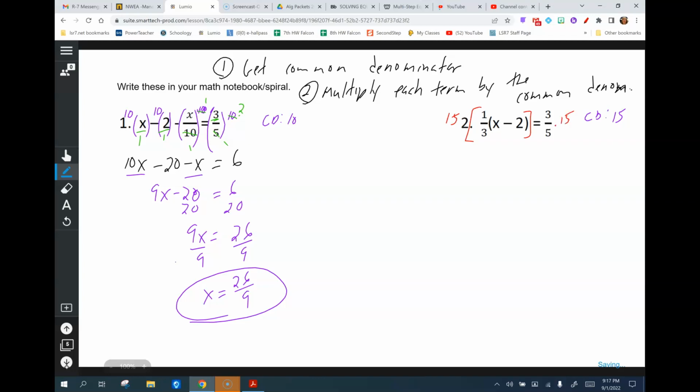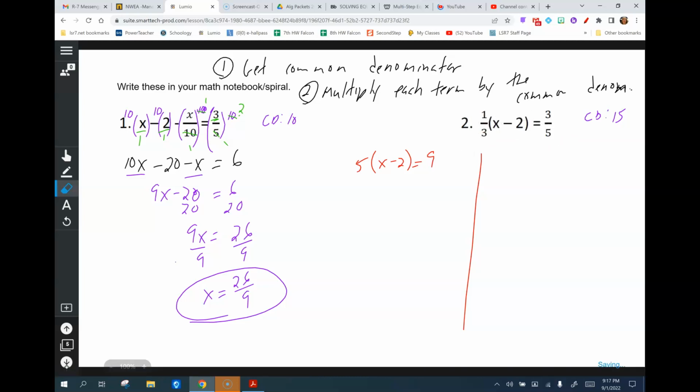So we have two options here. We could distribute first, or we can just multiply. So I'm going to show you both ways. If I just multiply by 15, my 3 cancels, and I have a 5, so I'm going to get 5 times x minus 2. And here my 5 cancels, I get a 3, so I get 9. So that's one option. The other option that I can do on this is I can start instead